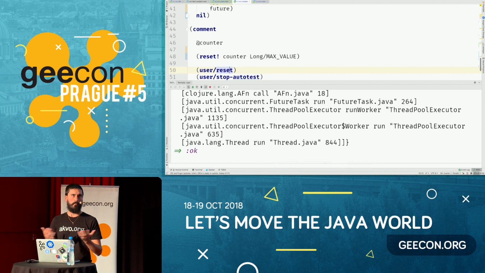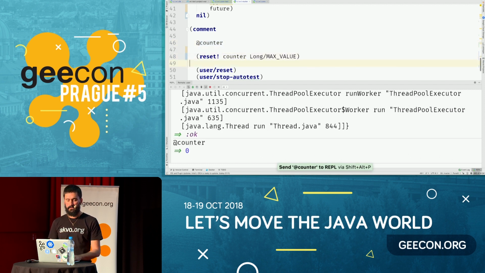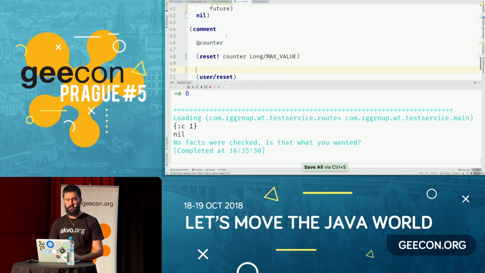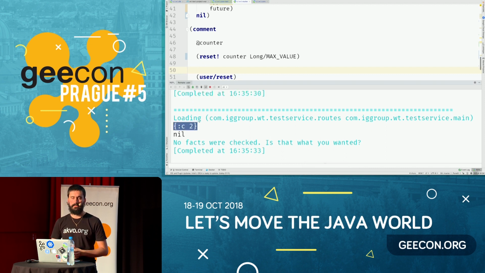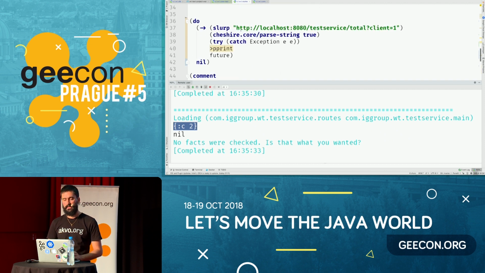So there is a way of telling the REPL, oh, get rid of everything, even the things that I told you not to get rid of. And then, if you look at the counter, we look at the test, if we make the HTTP request, we see that the counter is back to normal. And the same way we are inspecting state, we can also pick up